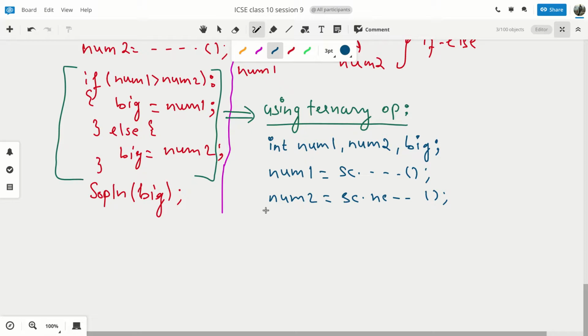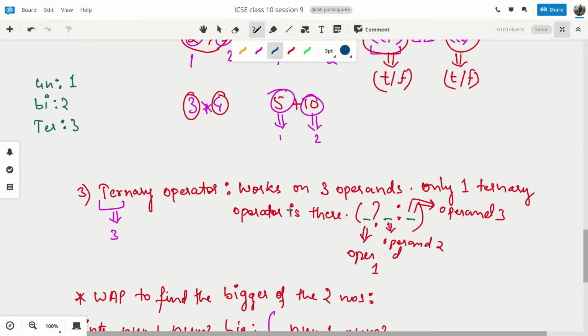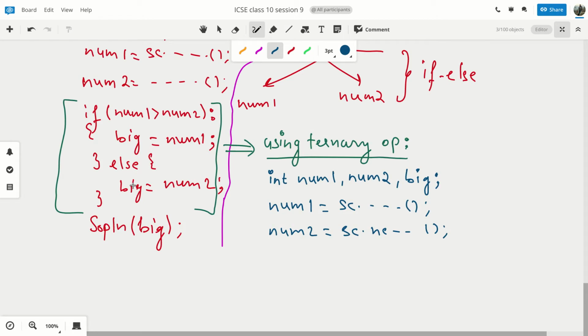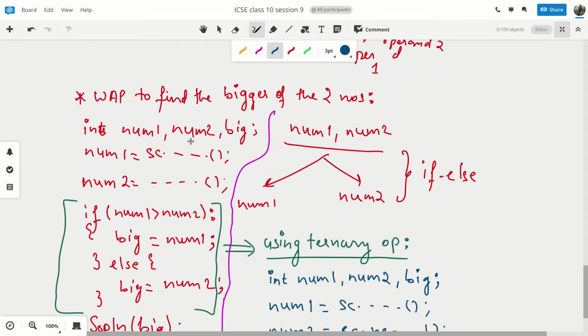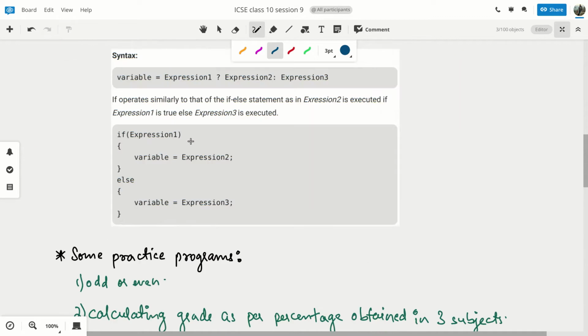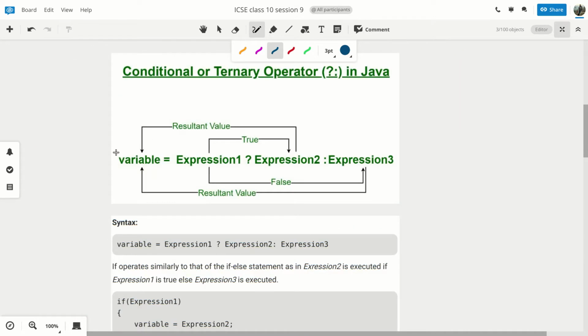Now this entire part I'll replace with the ternary operator. For that I will follow this structure. Which variable is capturing my bigger number? That is big. So I'll write big is equal to expression 1. What is expression 1?